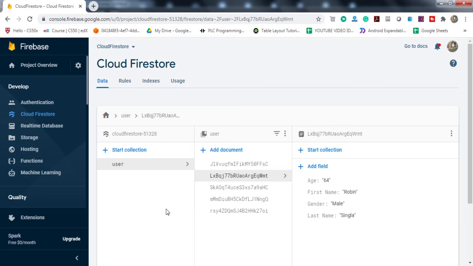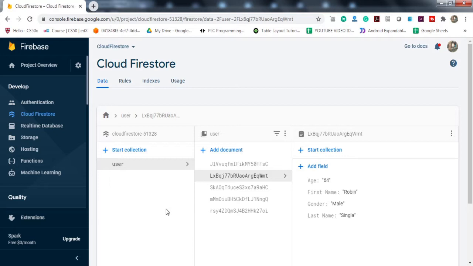So this video will be in continuation with our Cloud Firestore series. In the last two videos, we have seen how to write the data to Cloud Firestore and how to read the data from the Firestore. If you haven't checked those videos already, make sure to check them by clicking on this I button. In today's video, we'll see if we already have the data in the Cloud Firestore and we want to update that data, then how do we implement that into our Android application. So we'll see the whole procedure.